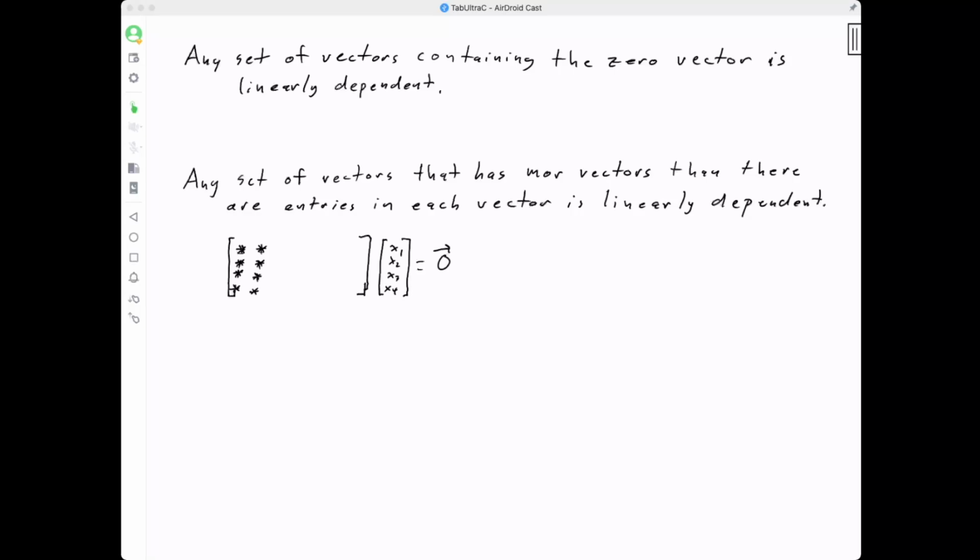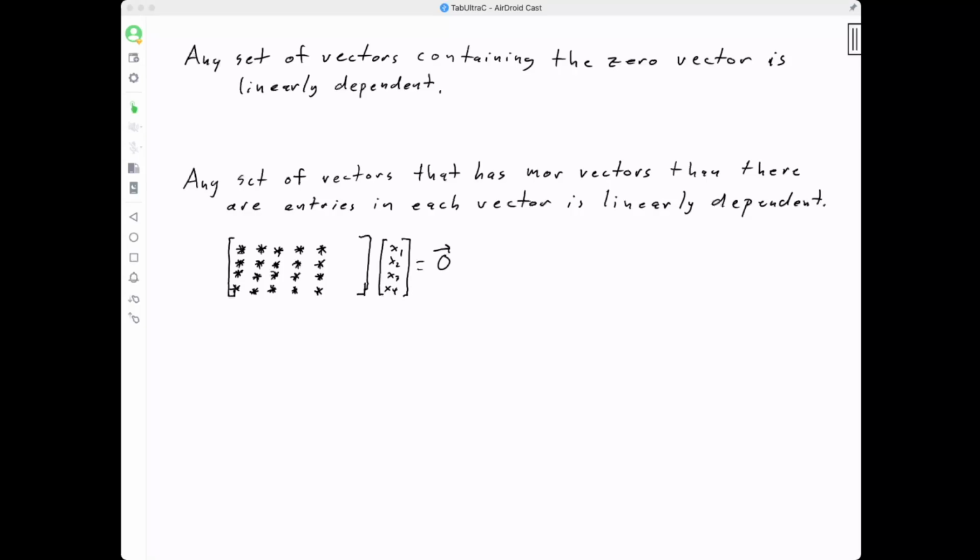If I have at least 5 columns, so my matrix equation is built from at least 5 vectors,